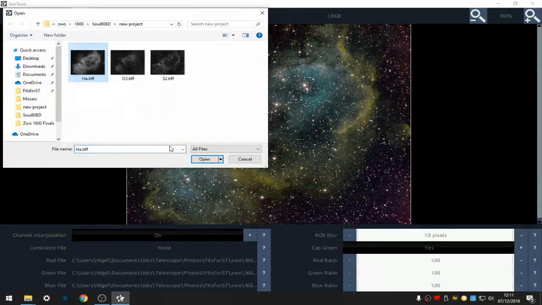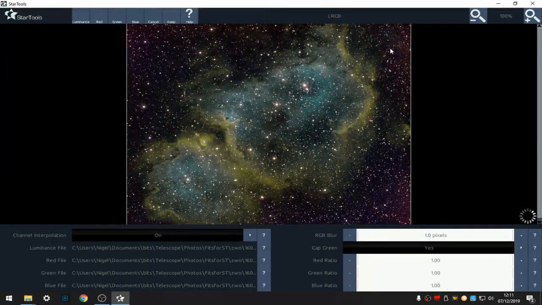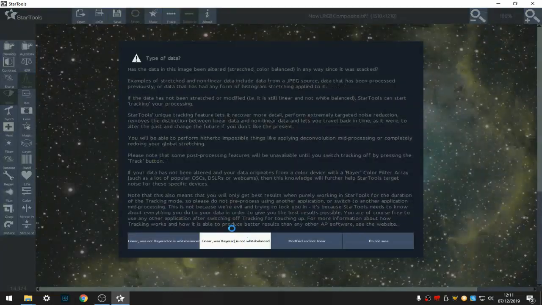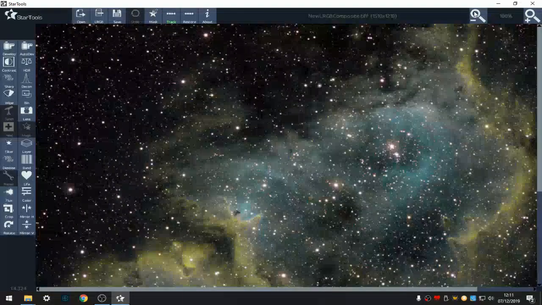I use HA as a luminance as well. It takes a lot of this glow away from the sky. So that's pretty much the start, and channels are aligned and opened. So keep that. Now it's like processing